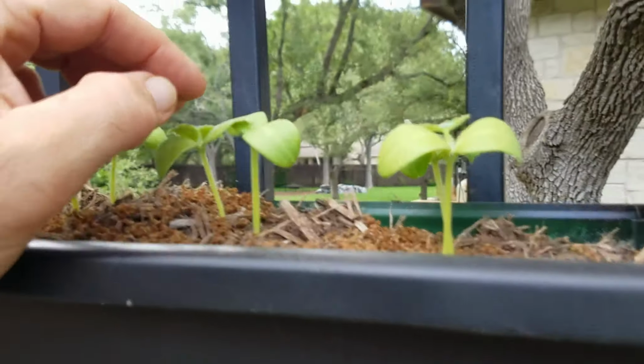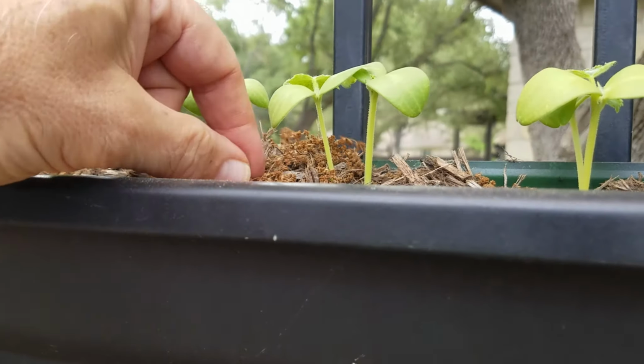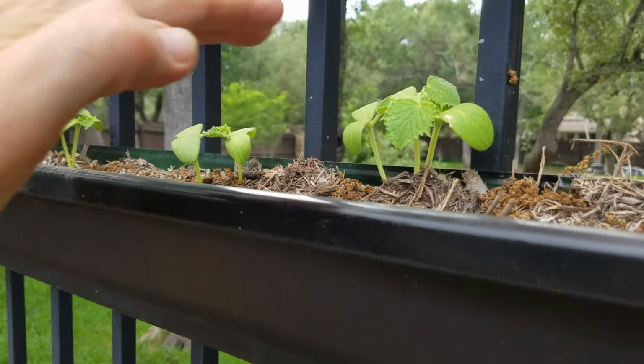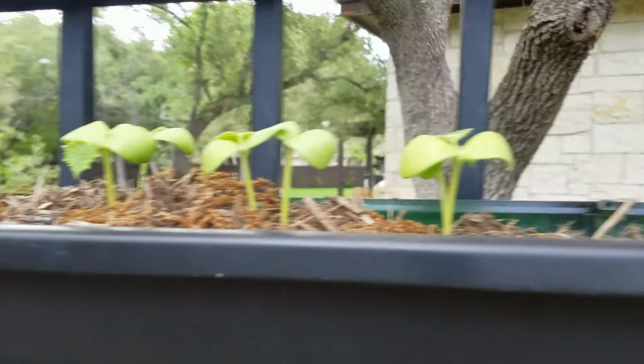So they're getting enough sun over here. See, the pollen from the oak trees is in here. So you can see there's a little depression in the dirt. Next time I'm going to really fill it with a lot of dirt because it does compress over time. But yeah,